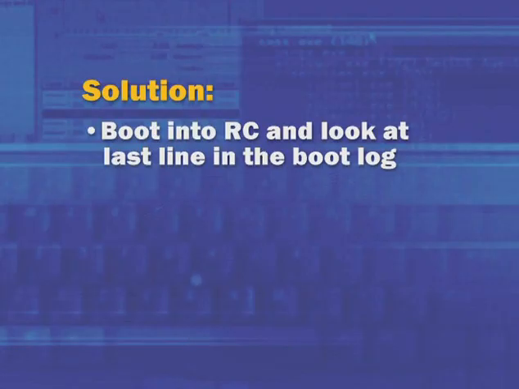So if you're having a situation like this, you could boot into the recovery console and look at the last line of a file that you can generate using the special boot options menu called a Windows boot log. Windows boot logging is an option, which we saw earlier on the special boot options menu, that causes the system when it's booting to record a list of all the drivers loaded in a file called ntbootlog.txt in the Windows directory. So if you enable boot logging, boot the system normally, it's going to crash or hang, then reboot the system in safe mode, reboot in the recovery console, look at the boot log text file that was generated and